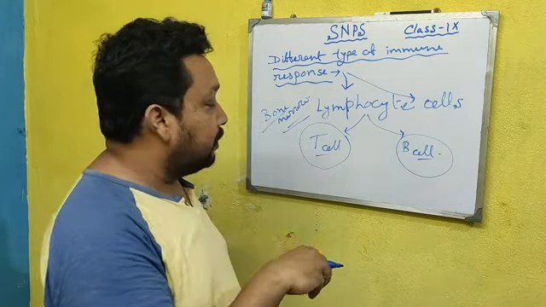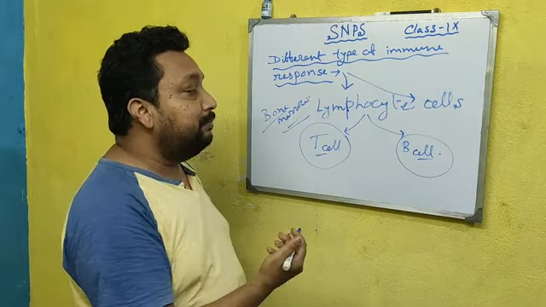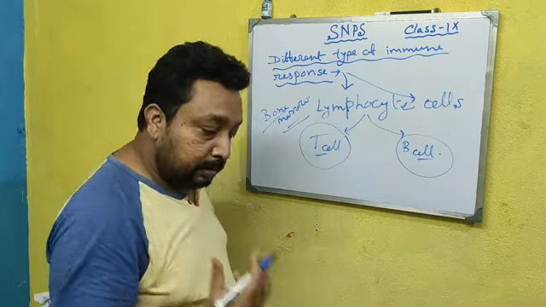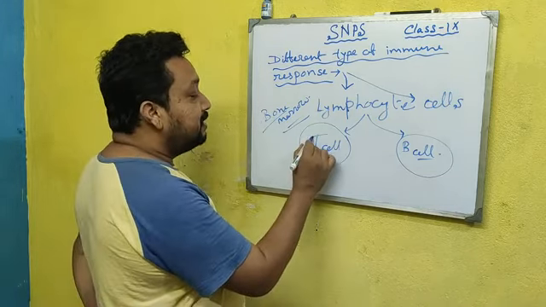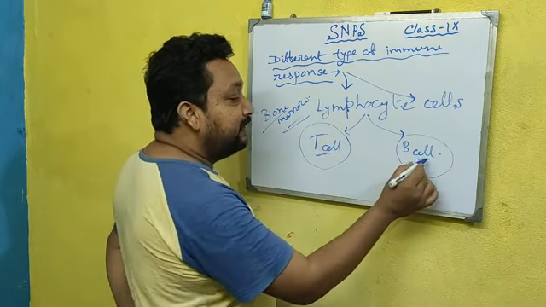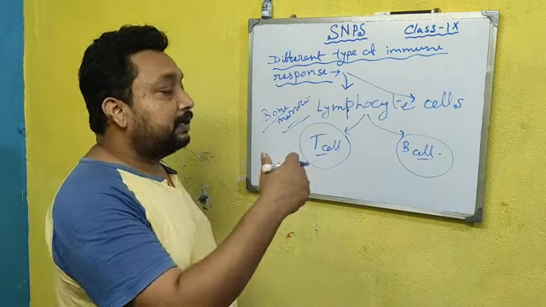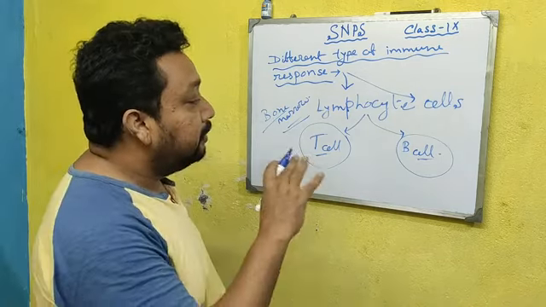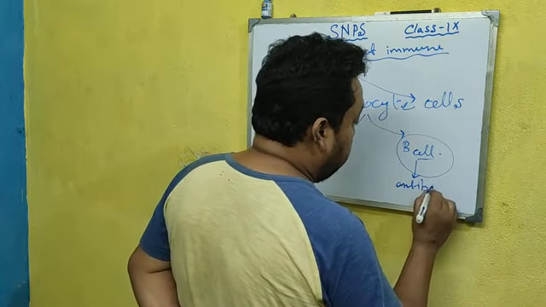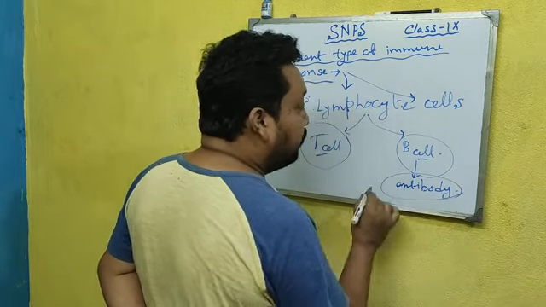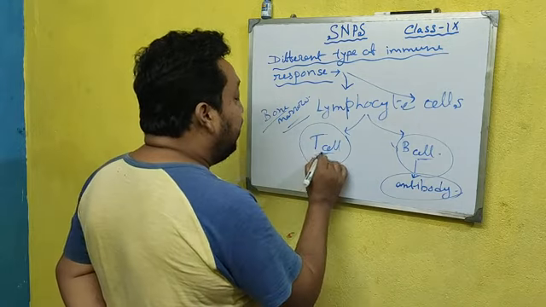after the birth of T cell, as the T cell is produced from bone marrow, they come to the thymus and it gets maturity in thymus. That's why it is known as T cell. And B cell is produced in bone marrow and matured there. After the maturity, they come to the blood and there they produce the antibody. So the antibody is produced from B cell, and T cell does not produce any antibody, but it is divided into